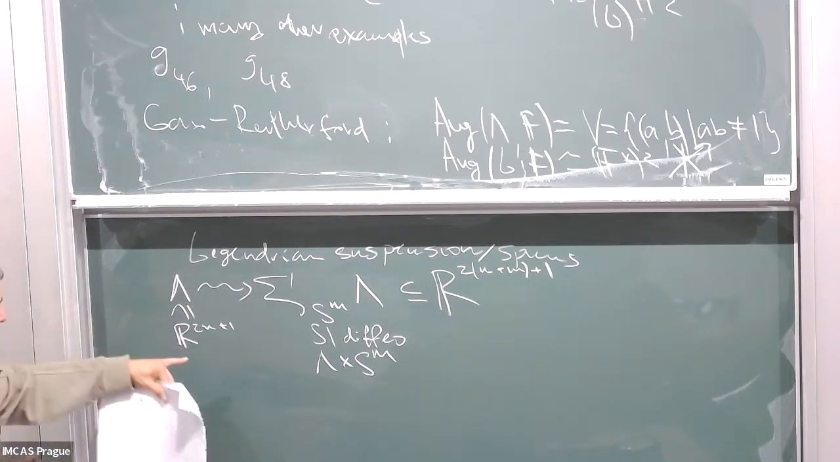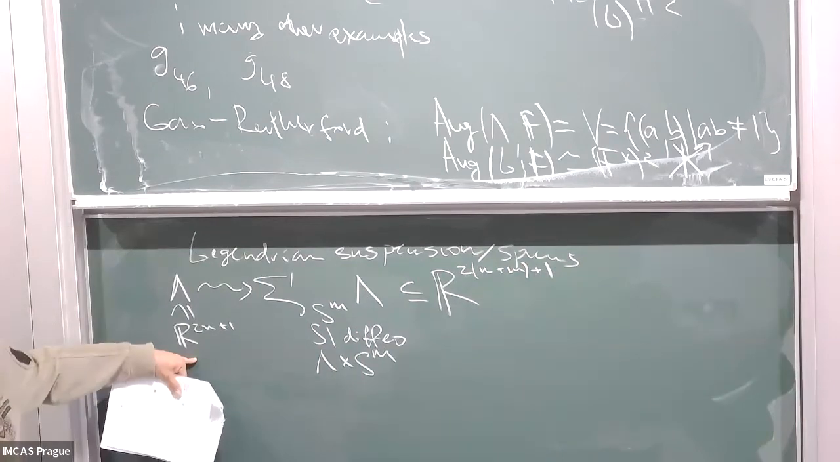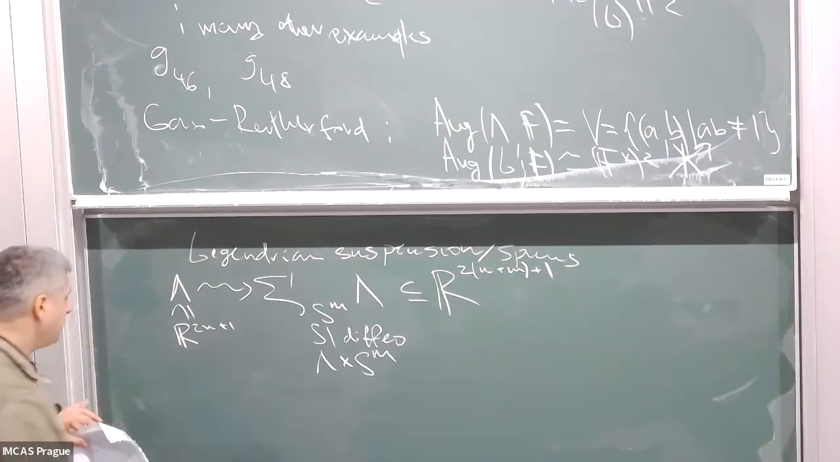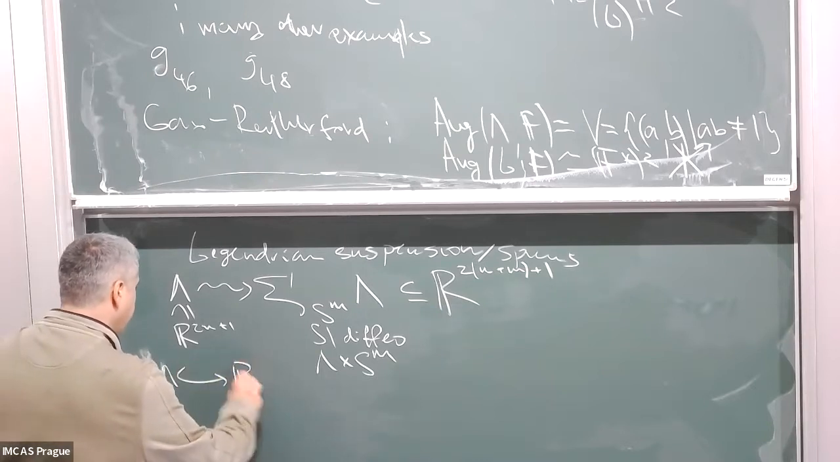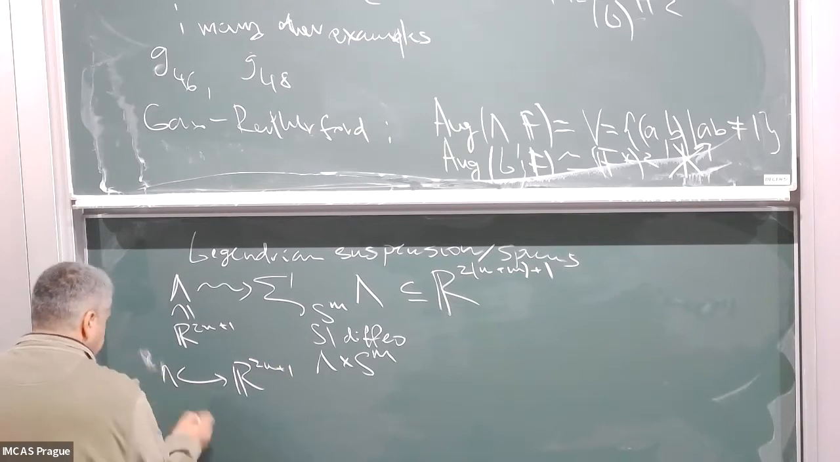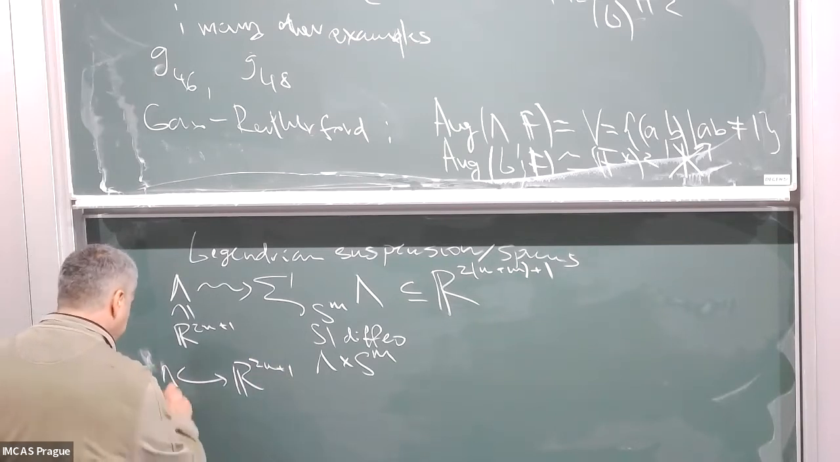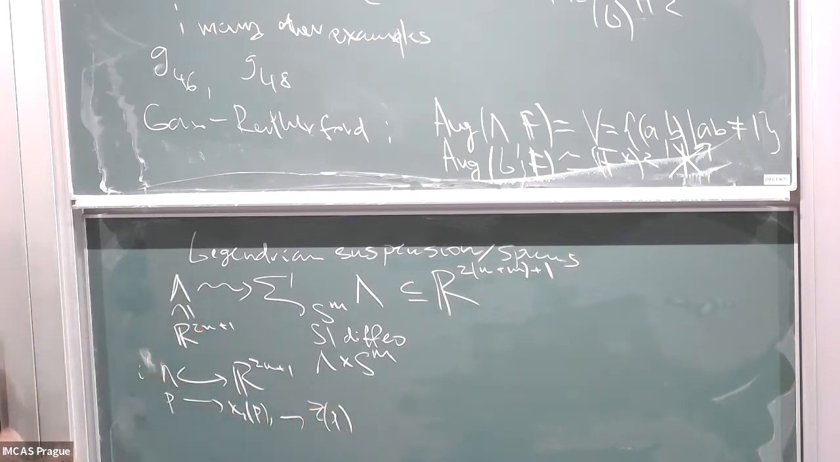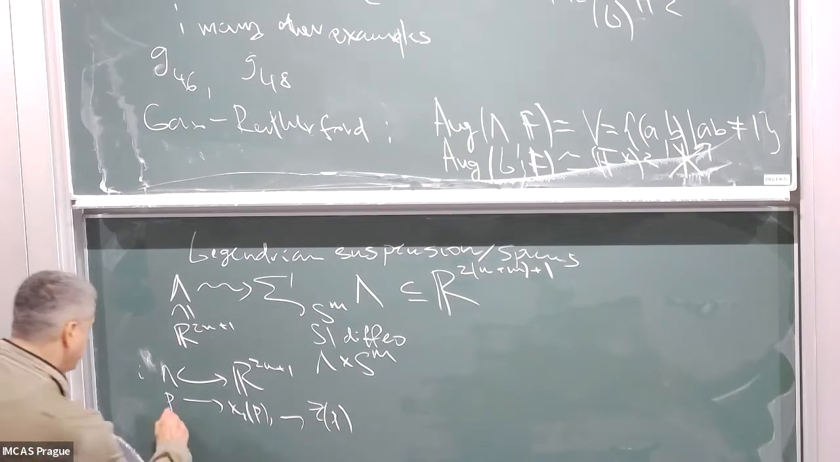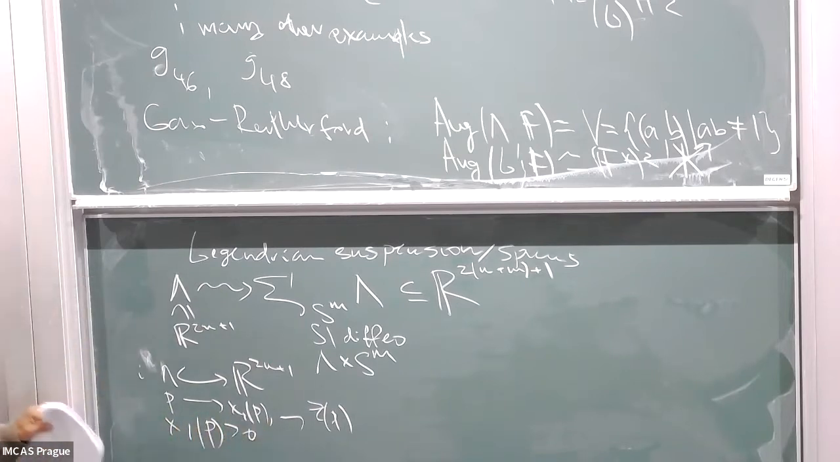We have lambda in R to the 2n plus 1. We take some parameterization of it, where to P we associate x1(P), ..., z(P), all the coordinates. We assume that x1 of P is greater than 0. Why? Because we have the contact form dz minus y_i dx_i. If we have a compact Legendrian and we push it in the x1 direction,